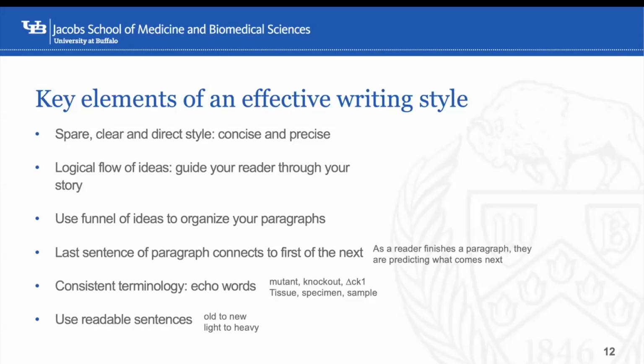The reason is that if my brain sees a concept and then sees a different term, it's trying to figure out, are these two different things or the same? You want to make it simple for the reader. So use the same term. Things like, for instance, tissue, specimen, sample. They're all the same thing. It may feel nice to change the word, but why? You're making it harder for the reader to understand that these are all the same thing. So say specimen all throughout, okay?